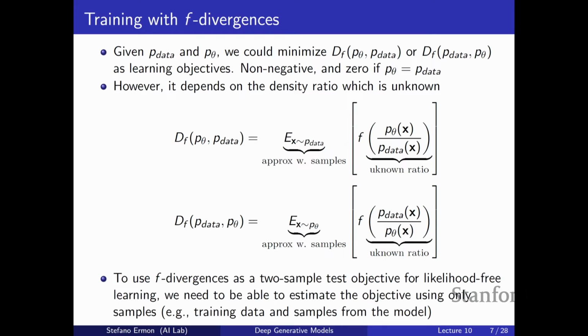And so what we need to do is somehow rewrite this f-divergence, or approximate this expression, and write it into something that ideally does not require you to be able to evaluate probabilities under the data distribution, and ideally not even under the model distribution. Because if the objective function involves neither p theta nor p data, and it only requires you to be able to sample from both of them, then we're back in the setup just like a